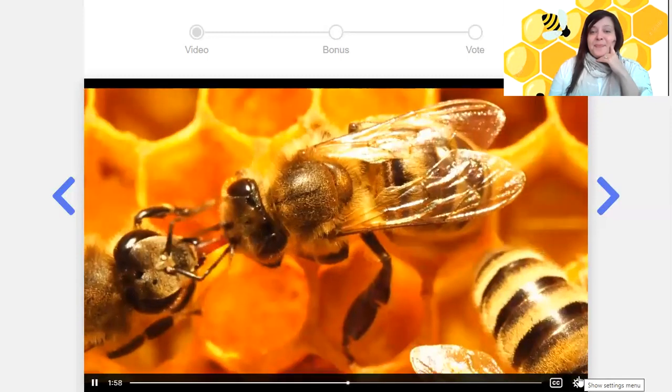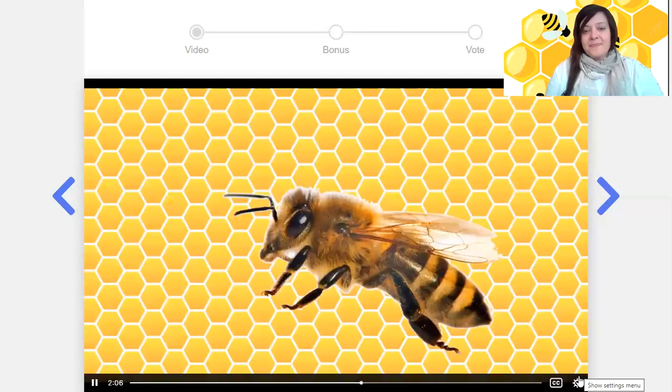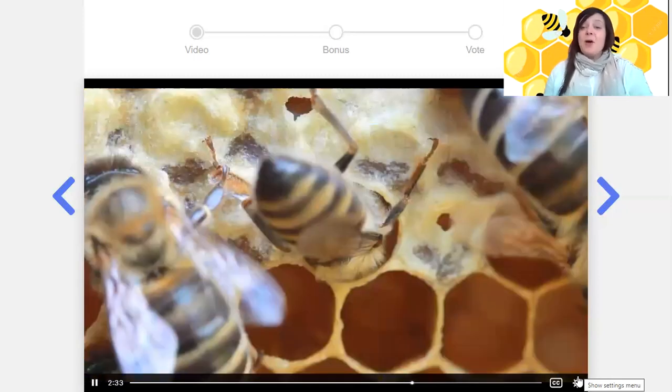This part might seem really gross, and scientists were confused by it at first. But by studying the bodies of bees, scientists were able to figure out that inside the honey stomach, bees have a special liquid called an enzyme that, as it mixes with the nectar, makes it thicker and stickier, more and more like honey. So by passing it back and forth like that, bees are adding more and more enzyme to the nectar. This is what turns nectar into honey. Once they've done this enough